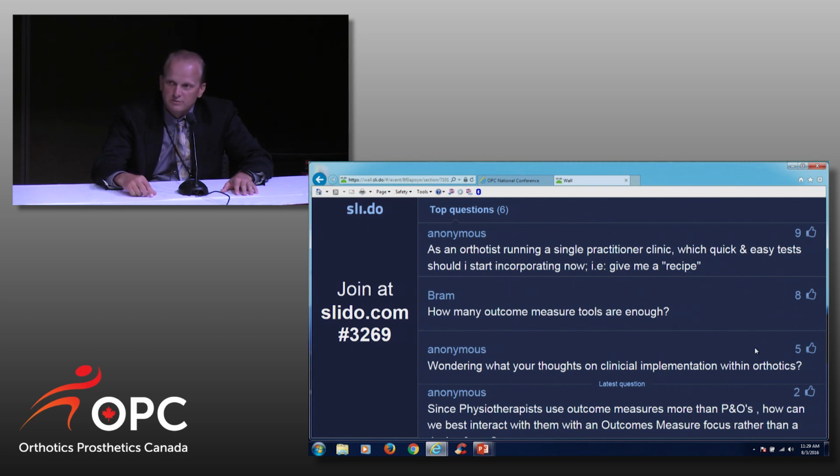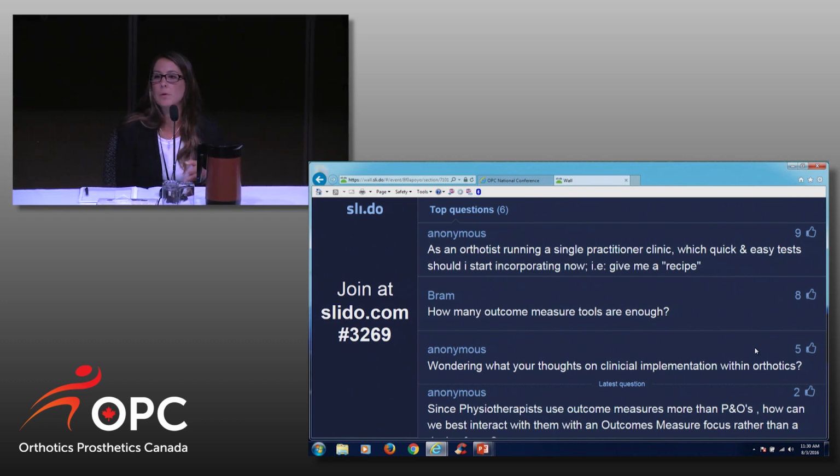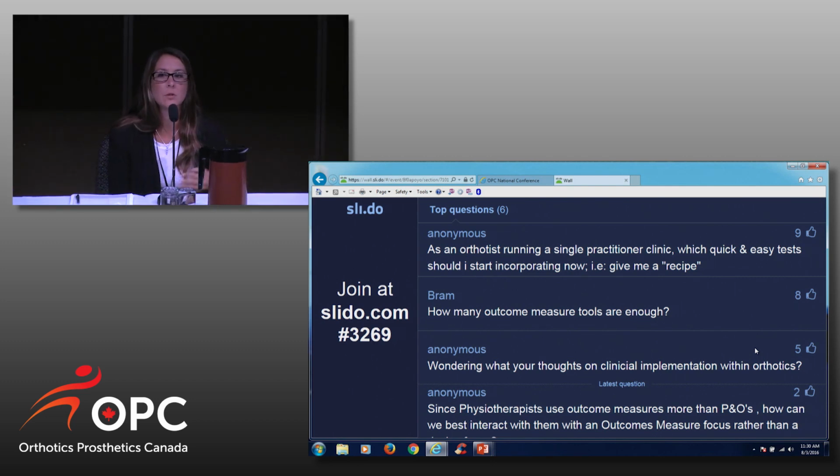I think if you want to talk about separating and choosing different measures, when you start talking about the upper limb population, that's a different conversation entirely. But with lower limb orthotics and lower limb prosthetics, I think you can probably pick a reasonable measure that doesn't tax the clinician in terms of documentation, administration time, and you'll have some nice data that helps with a lot of different things. I would just add that I would consider using a patient-reported measure as well as a functional,